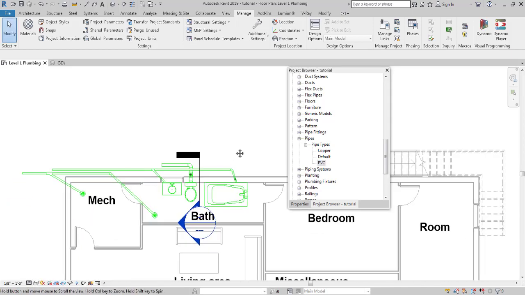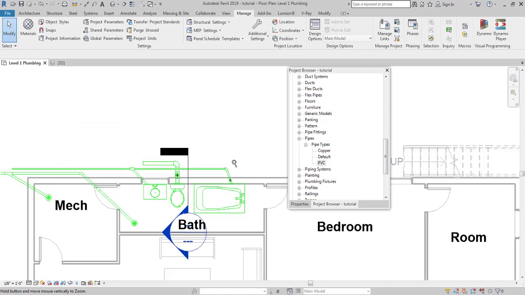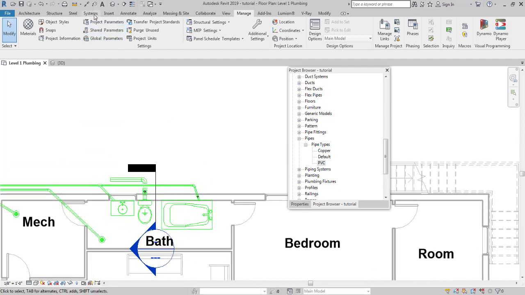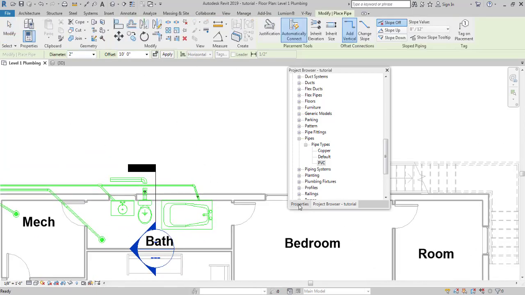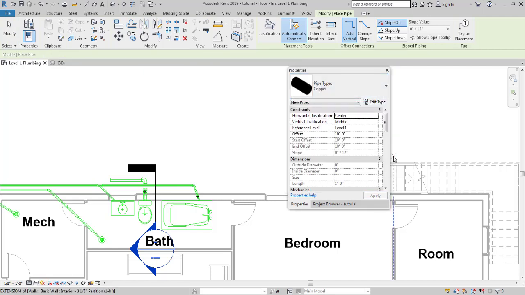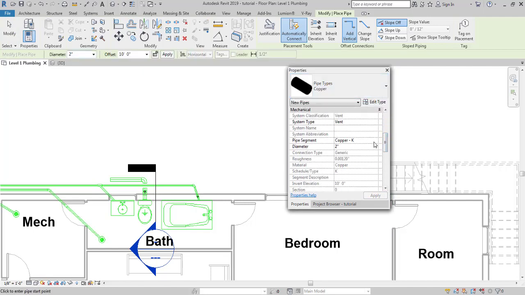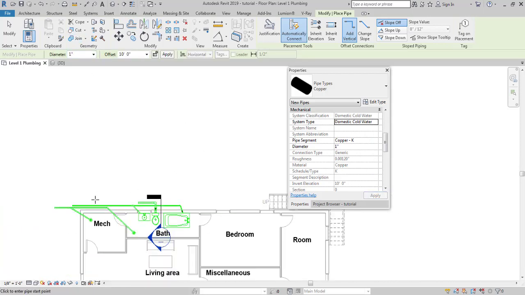So anyways, let's create the cold water pipe. Go to the Systems tab over here. Click on the pipe. Click on the properties. We're going to use a copper pipe. Go down. The pipe segment is copper. System type will be domestic cold water. Okay, that's good. Diameter should be 1 inch. Apparently we can't see it because the offset is not right. It's 10 feet. Let's make it 0 feet. Can you see it? Okay, now we can see it,